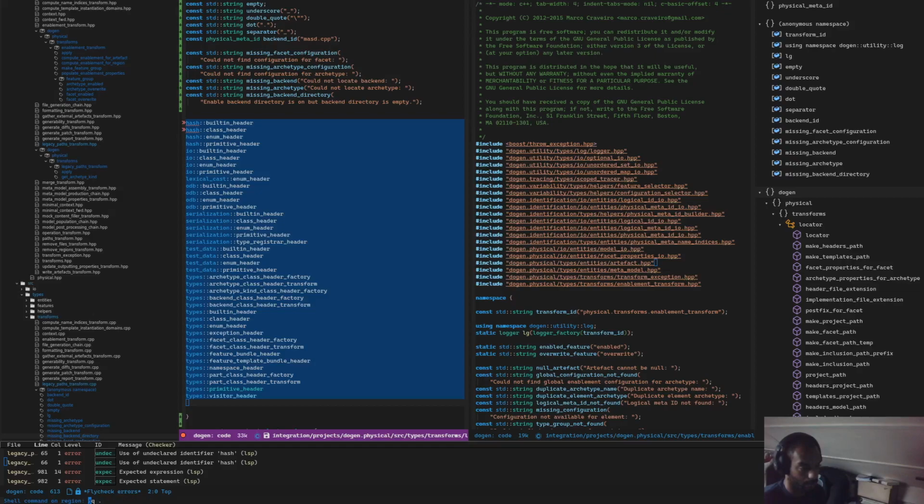Let's awk. So if we say to awk that the field separator is ::, and if we just print $2, and if we sort that, and then if we just unique it,